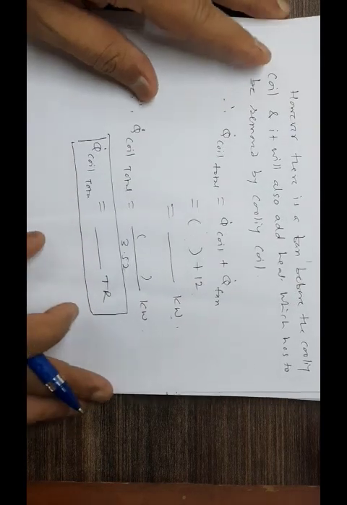Refrigeration load on the cooling coil. We have found the refrigeration load on the cooling coil as total load on the cooling coil somewhere here. Yes, this one. Total load we have found out. So this is a problem which is a real application of refrigeration system in air conditioning, and more details can be worked out further. I will send you the photos of all these pages which I have worked out for you, so that at one place you get all these things. I have explained it to you also through this video, so you should be able to understand and work out this particular problem.